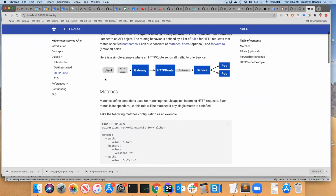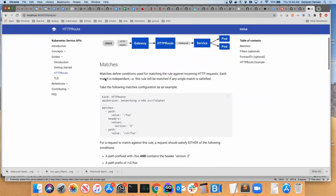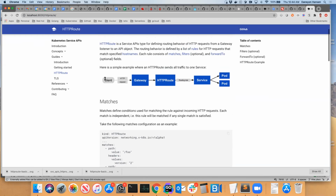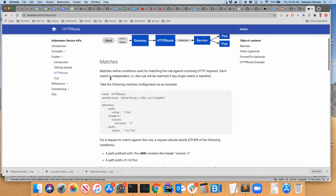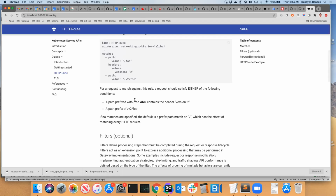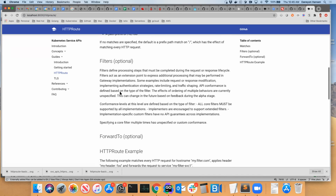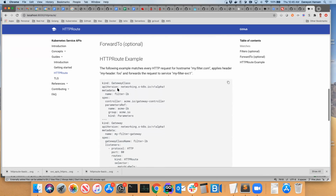But I think the keys to the HTTP route is matches, the filters, and the forward to. So I spent some time putting together the diagram of what matches is. Again, a lot of this comes from the API docs, but we just bring it together in one place, make it look pretty. The filters I'm still working on here, I need to add the forward to,